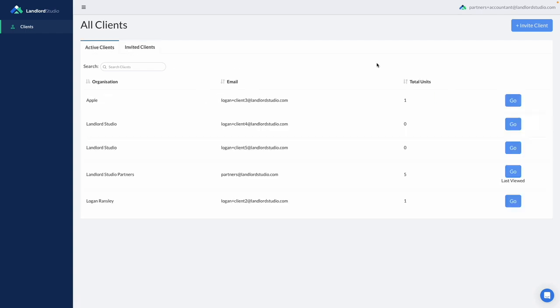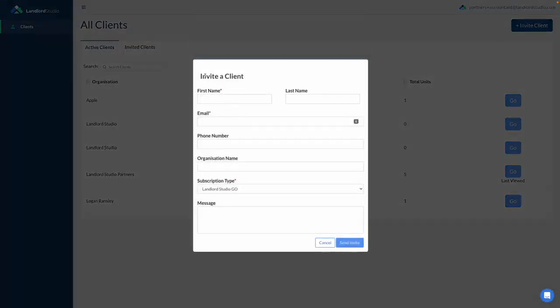Now, inviting clients is really easy. You can simply click this button here. That will pop up an invite client pop-up, where you can fill in the client's details as well. There's then the subscription type here, and basically how it works is if you invite a client